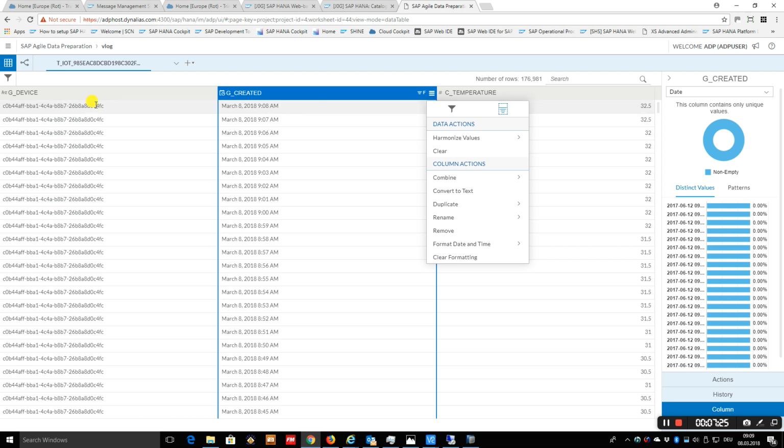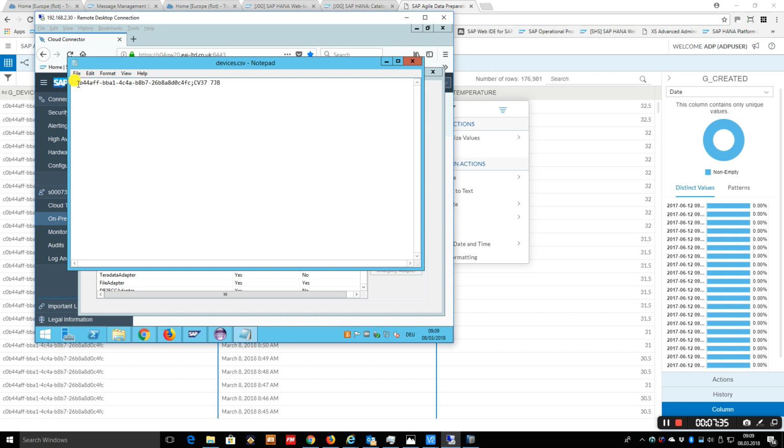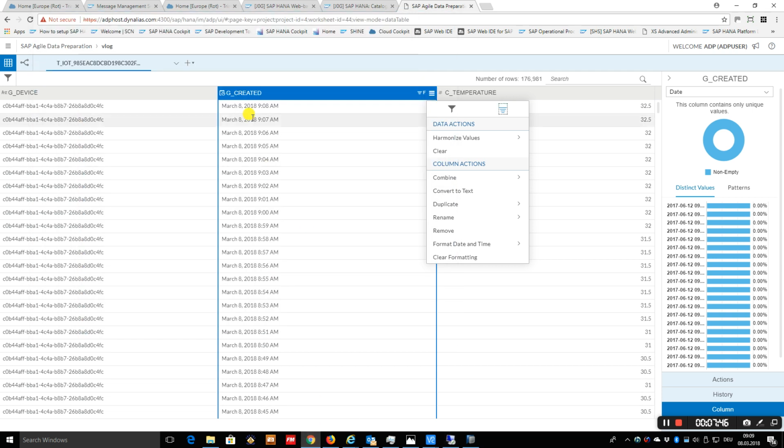Now we have the device ID, but we are interested in a rough area where this device is located. So I have a file prepared that matches this device ID to a postcode. It's not exact, but it is good for our analytics. So I add this data source to my